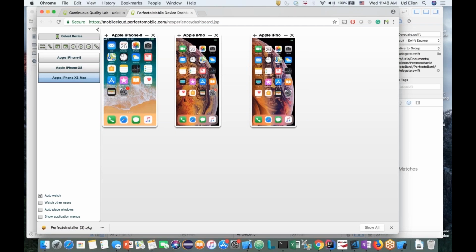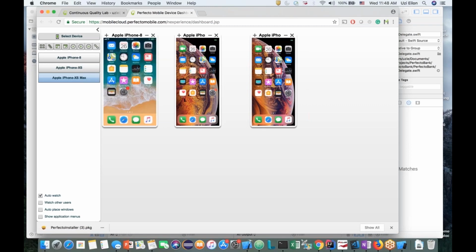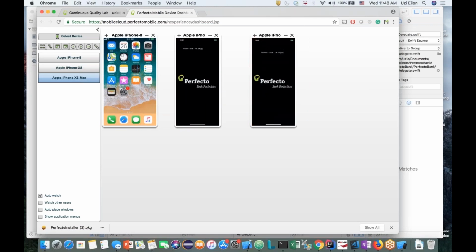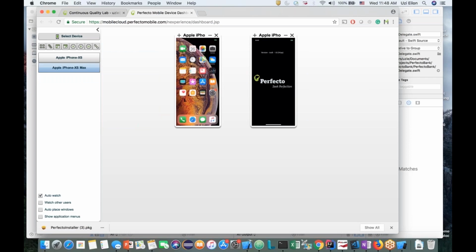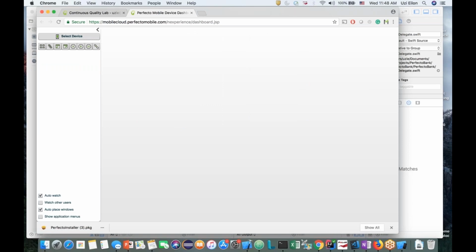If I try to summarize what we saw, we have one script that's been executed on 3 devices. It's a very simple script that controls all the different elements, but also allows me to use advanced options like replacing the image with a check in order to run a check deposit test case. This test case is very unique to Perfecto Mobile. We have a lot of customers that work with that, and it allows us to reach the highest percentage of automation projects. For a lot of our customers, when we start to work with them, they start with 50, 60% automation. With the advanced option, we can increase it to almost 90, 95%